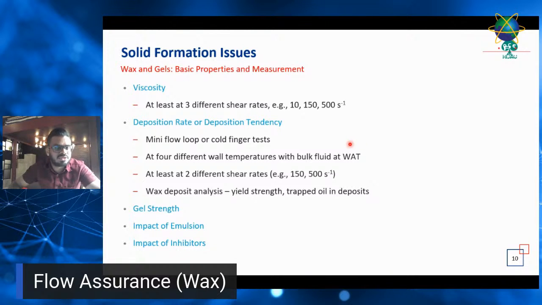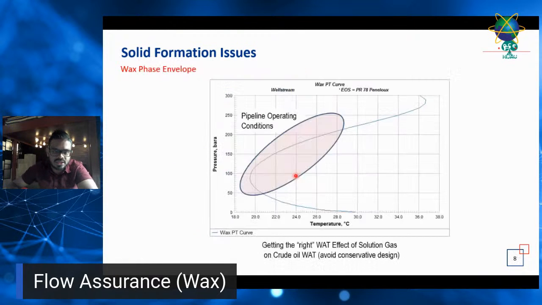So there are three ways of predicting the deposition rate. All right. So we need this deposition rate because we need to tune the diffusion coefficient of your wax model. If you notice earlier,